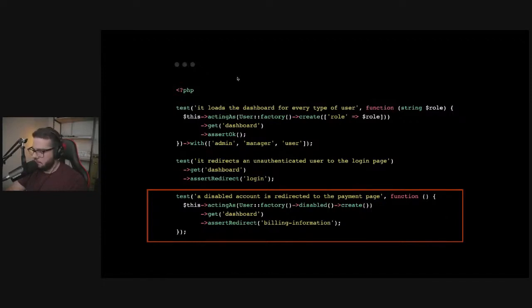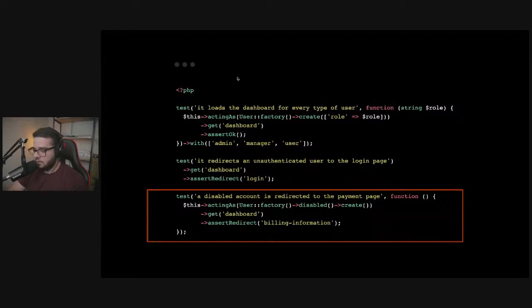You can add a check. Okay, you can add a check, but can you make sure that it's always redirecting them to the billing information? What if you add an abort method there that throws a 401? So it's going to block their access to the dashboard page, but it's not going to take them to the billing information. So this is the kind of reassurance that I like to have, and that PEST makes so easy,